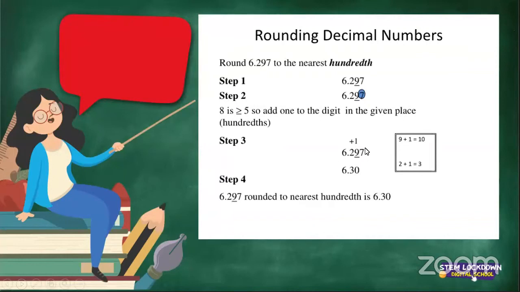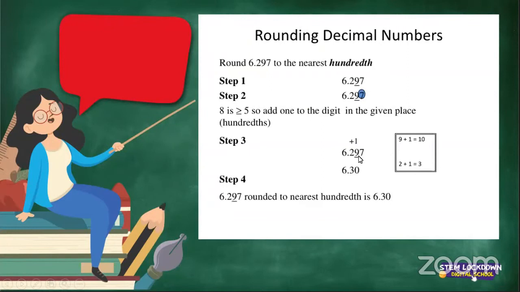Step 3, you add the 1 to the rightful place. Now, remember we said when you're adding to 9, the 1 will be added to the number on the left. That's what we said yesterday. It will move to the left. So here we have 6.297, and 7 is over 5, so we have 9 here. So the 1 will be added to the 2, and then you have 6.3